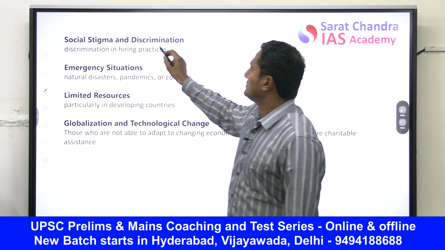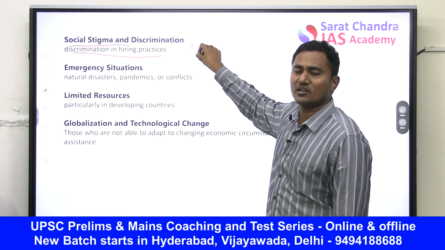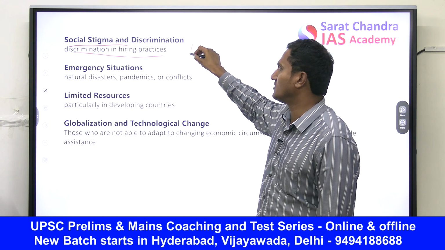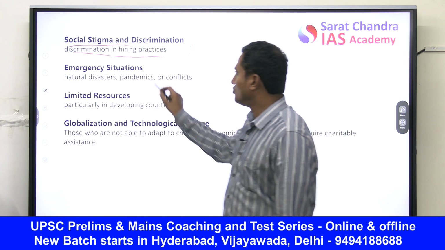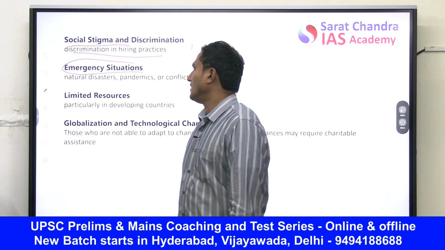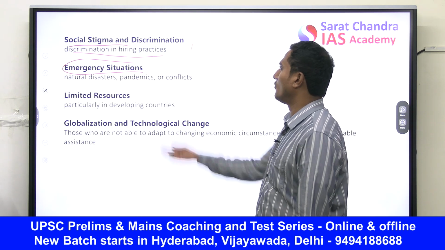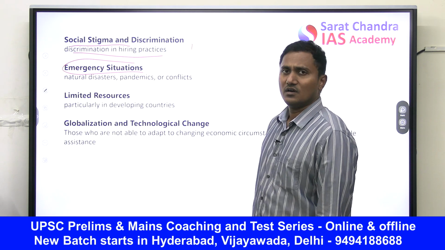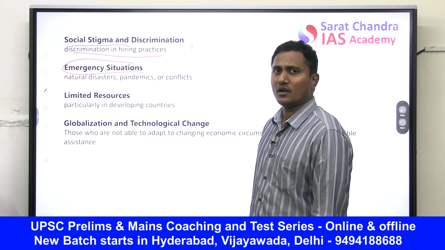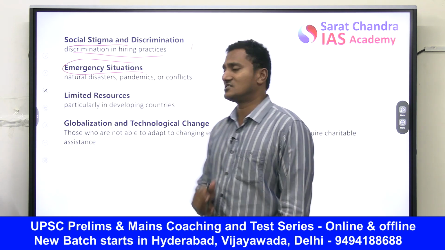Similarly, there is social stigma. For example, LGBT communities even today are not hired into most organizations, still face discrimination, and are unable to achieve justice. And during emergencies, like geological or geographical emergencies such as disasters, COVID-like pandemics, or conflicts like the one happening in Manipur, the economically weaker and vulnerable people are kept from getting justice.